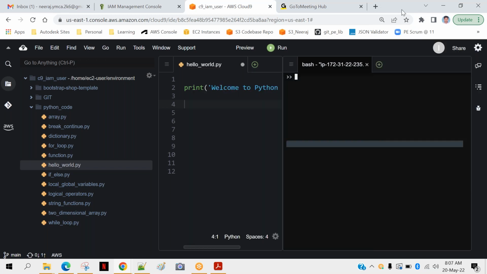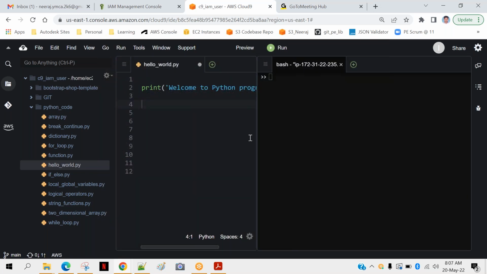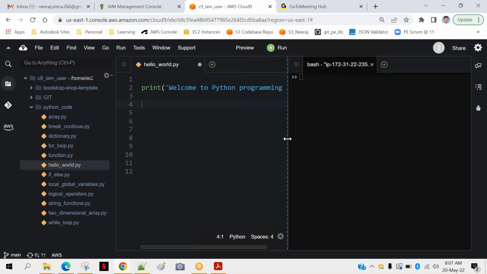Even the function key is not working. I want to do F11 so that it can show the bigger window, but even that's not working. Okay, I hope you can see now, right? It's better than earlier. Yes, thank you. Okay, that's good.